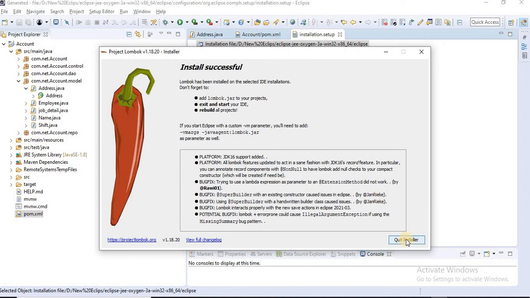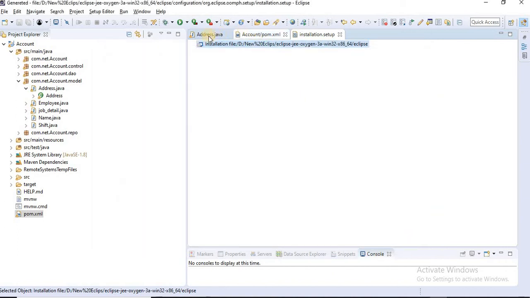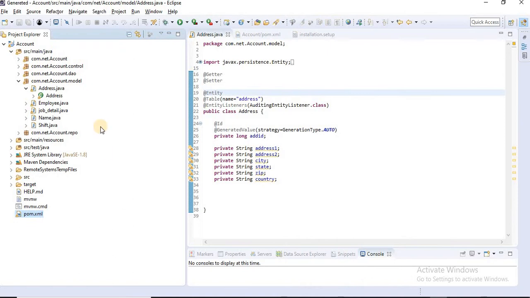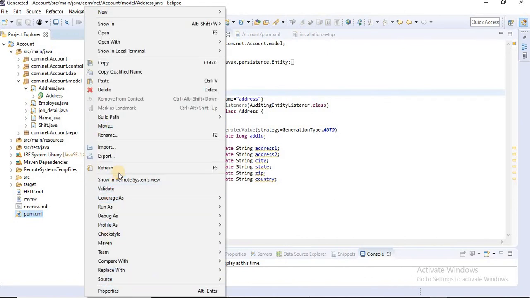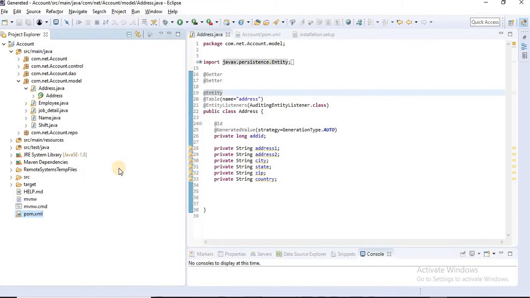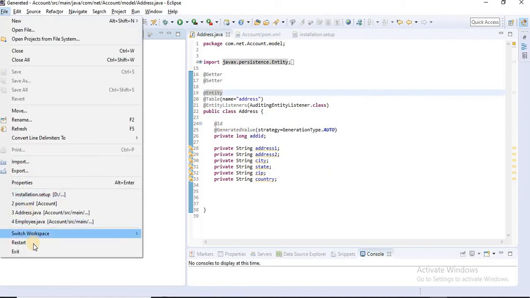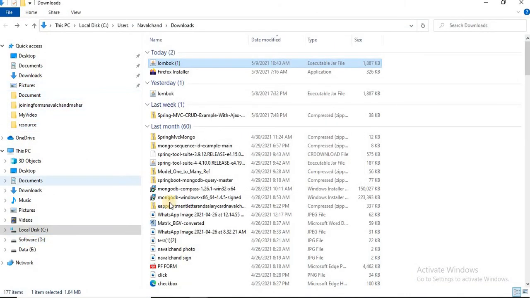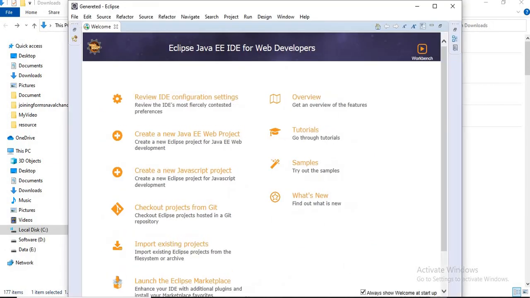Let's quit the installer. Let's go to the editor and try to refresh. We have to restart Eclipse, but before restarting we will check whether it works or not. It's not reflecting anything, so let's restart our Eclipse. It will take some time to restart.